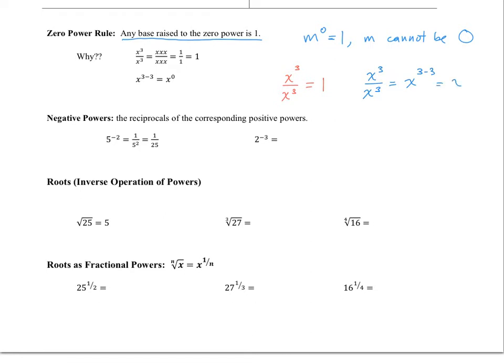Well, that exponent becomes 0. So we started with x cubed in both of these scenarios, the red scenario and the blue scenario. We did one method and got 1, and we used another method and got x to the 0. Since we started at the same place and didn't break any math rules, we get to say that 1 is equal to x to the 0 power,